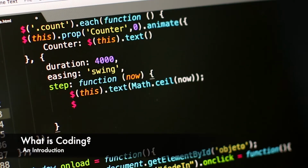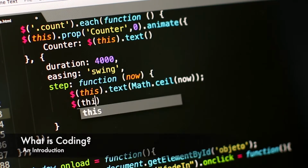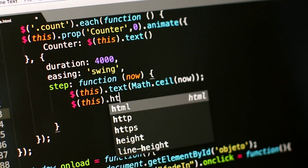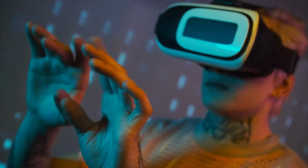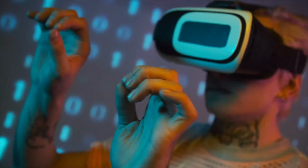Coding is the process of using a computer language to combine different commands and instructions to get a desired result. Coding is not limited to instructing computers on what to do. It also enables humans to tell computers what they want them to do. Coding might seem like an intimidating task, but it's actually not that hard and anyone can learn it with some